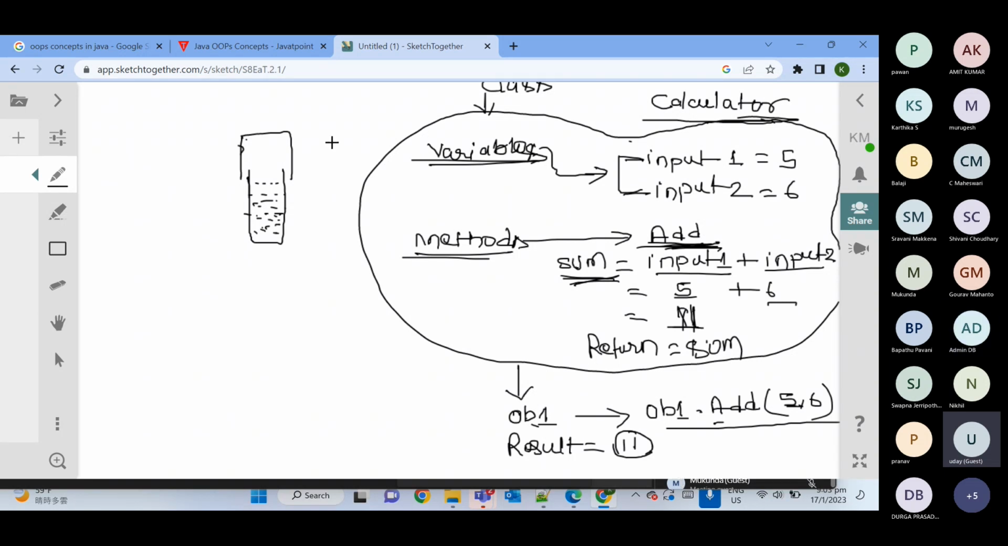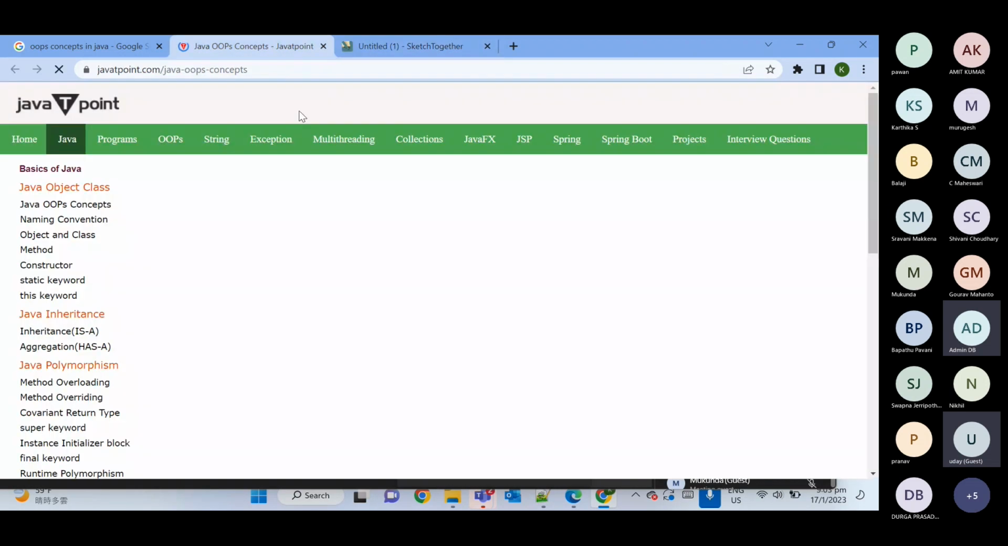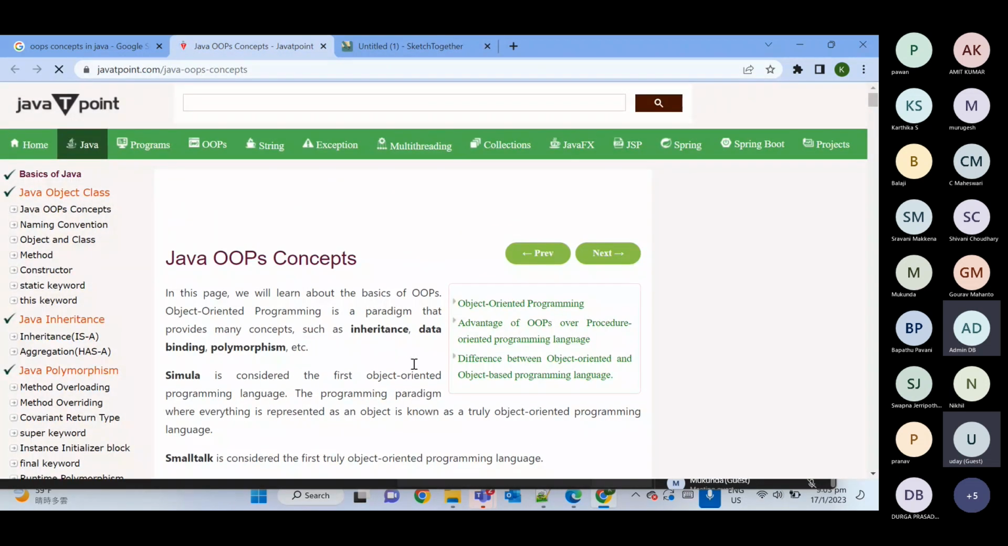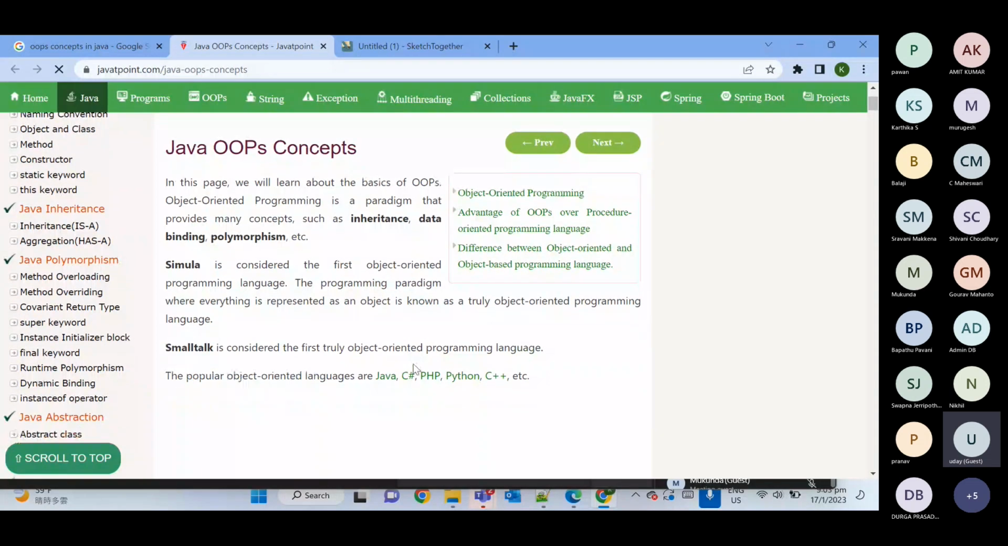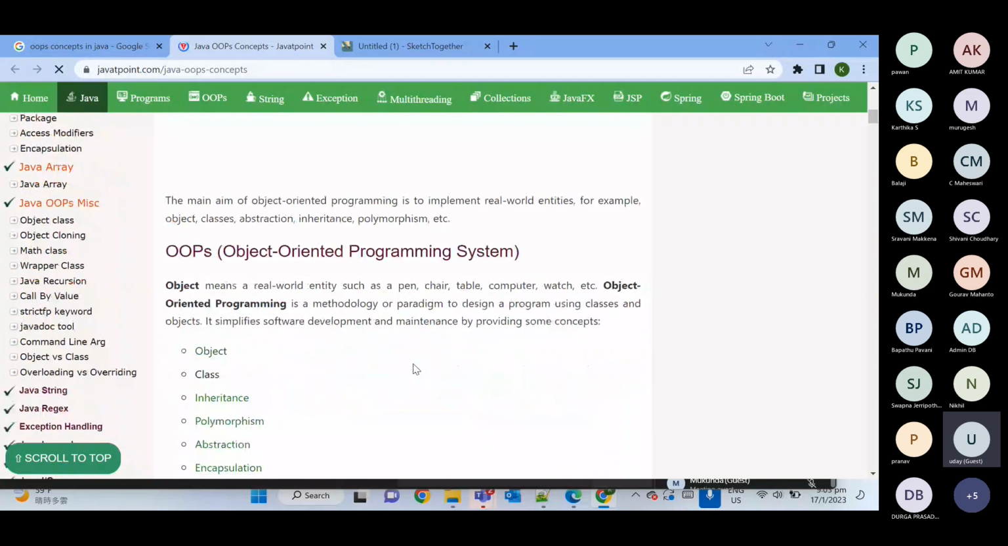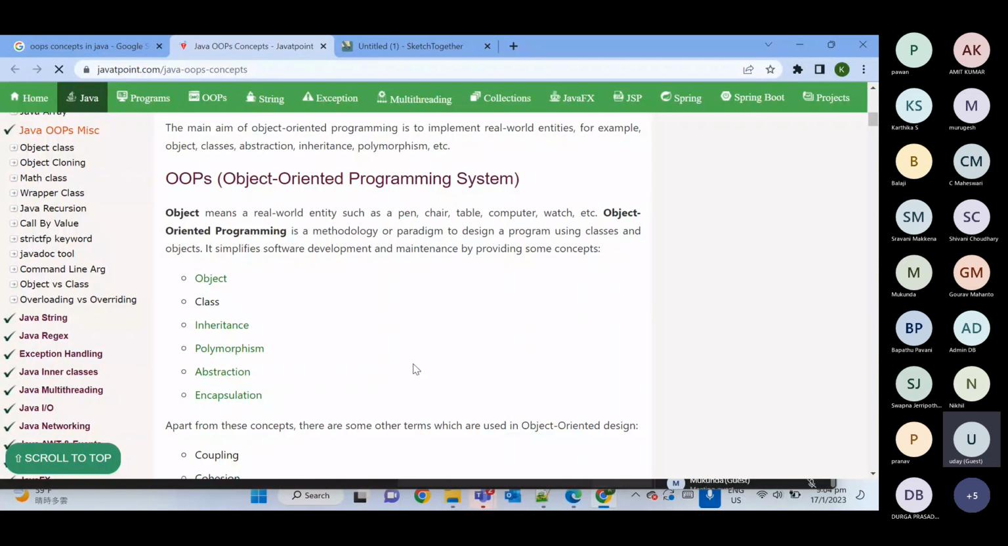Fine. So here, let me go through this website also, so in future you can follow this. So we discussed the class. So what is the class? Class is a blueprint of an object. Okay. An object is, you can say,